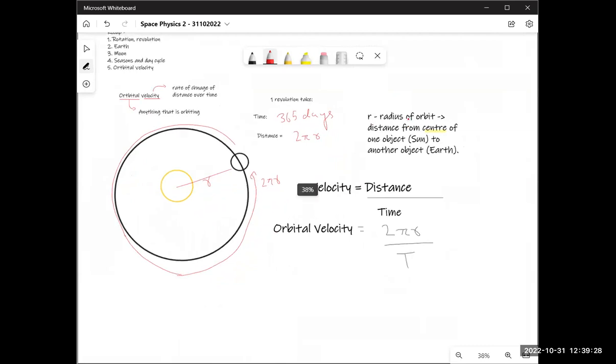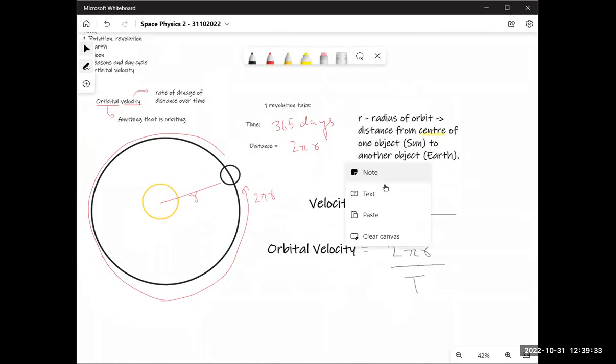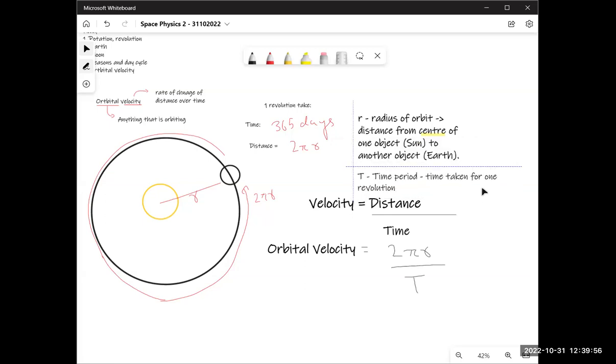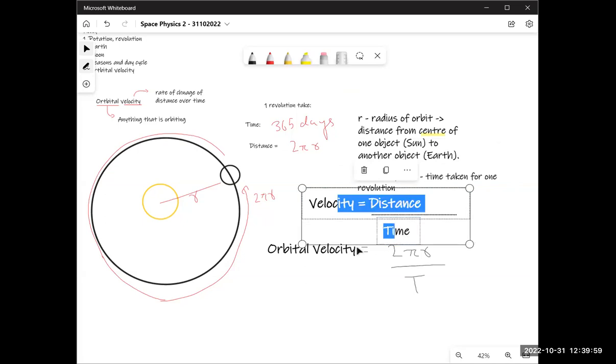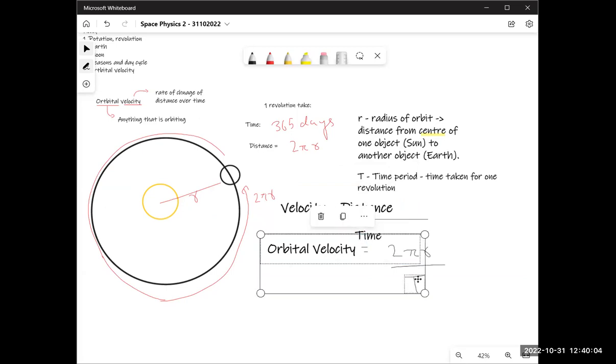So write the radius definition. R is the radius. 2 pi r and time, what is time? T. That is also important. T is, let's say, called time period, which is time taken for one oscillation. Or not oscillation, let's just say revolution. Now these will be asked in the exam. And since this is a new chapter, it is guaranteed to be there in the exam. Right? It's a guarantee.